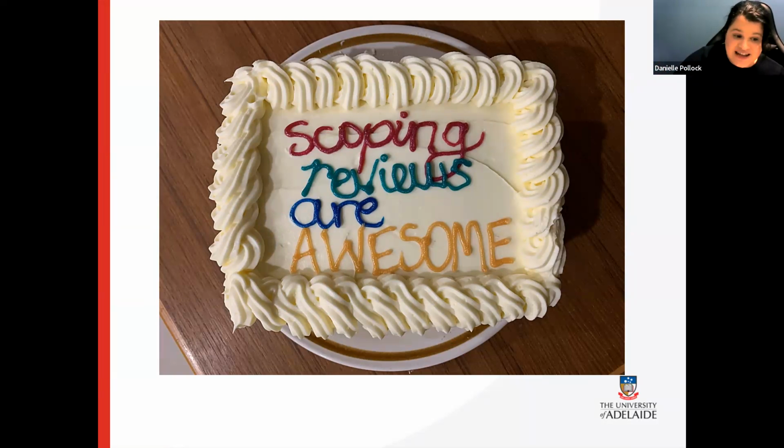So hopefully this can clarify some of the trickier sections that we find in scoping reviews, which is exactly how do we extract, how do we analyze, and then how do we present the data. Hopefully I can break this down a little bit further for everyone today. Please ask lots of questions. I'll try to go through as quickly but as informatively as possible, to ensure that I can get to those questions at the end.